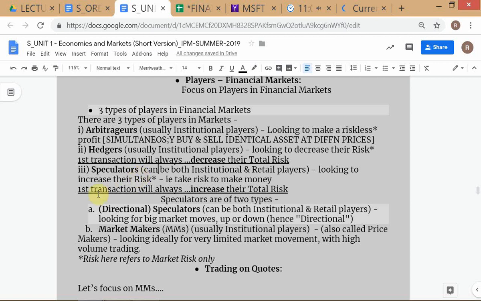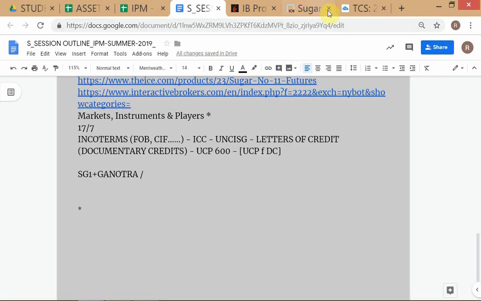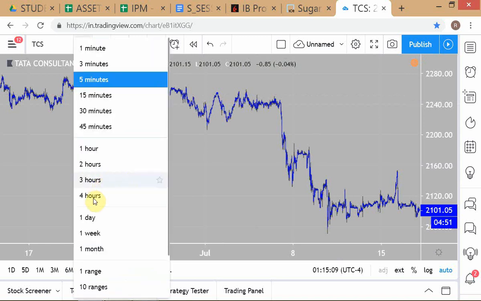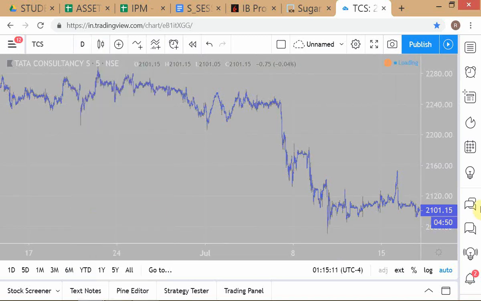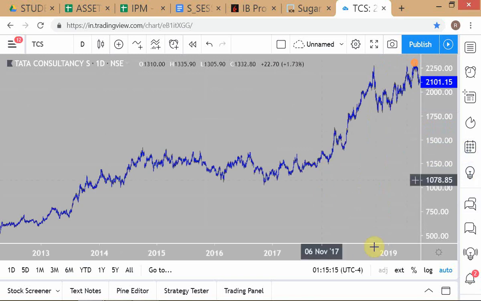Now, why would I say that in both these cases we are directional speculators? Why are we saying this? Look at this now. Here I bought TCS. Let's go to a slightly longer view. You can see the stuff is moving around. When I buy TCS here, what is my view? Obviously, I take a slightly longer term view. But the point is that this is basically just to move. Let's make it a little bit shorter.